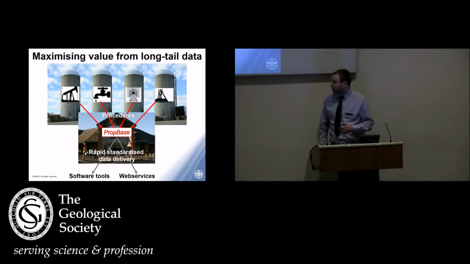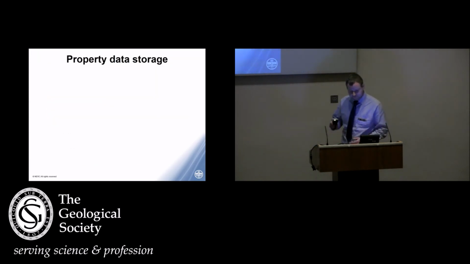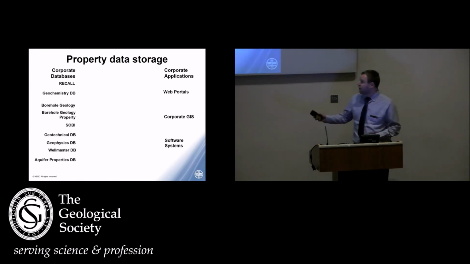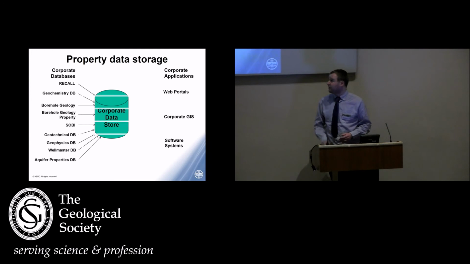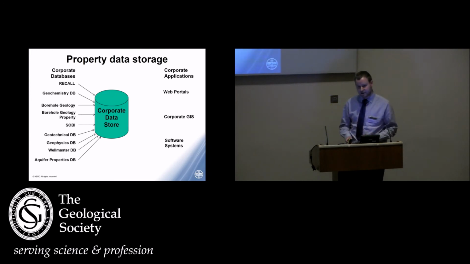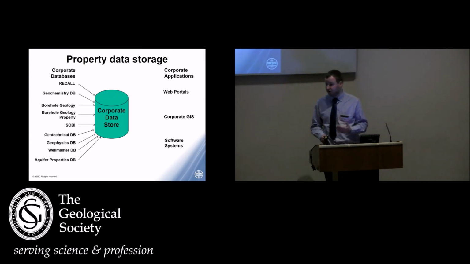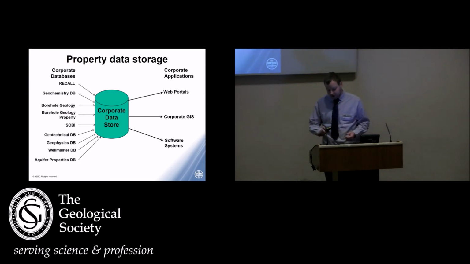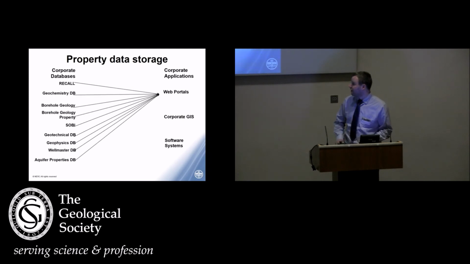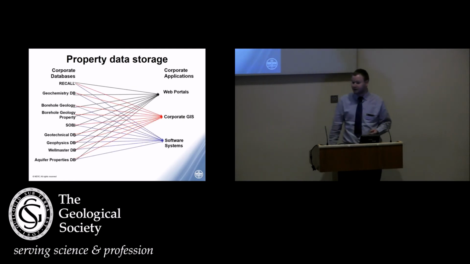The idea of PropBase was to make sure we had rapid, standardized data delivery. So to make sure that whatever data set went in, you always got the data out in the same format. So we have a lot of corporate databases within the British Geological Survey that deal with a lot of different types of our data. And I think in the past it was assumed that there was a corporate data store that sat between those and what we served to the public. But in actual fact, what we had was a series of incredibly complicated one-to-one relationships